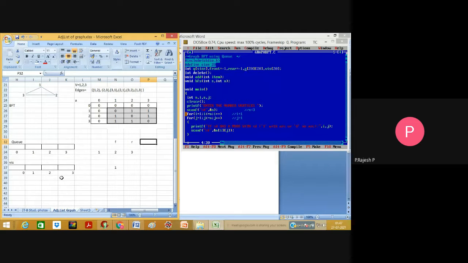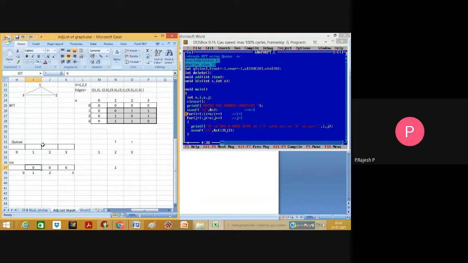If a node is visited, I'm going to mark it as 1. If not visited, by default I'm going to mark it as 0. So if I visit it, I change this value to 1, so that we can check whether that node has been visited or not.